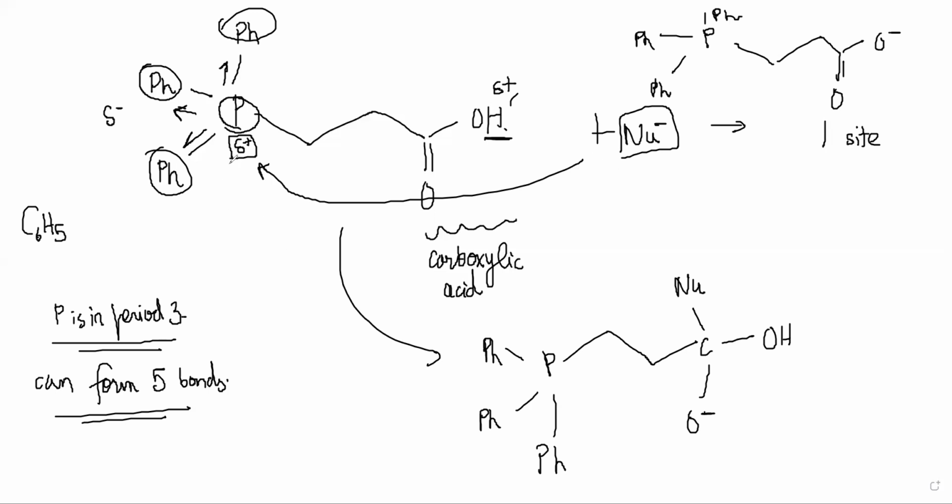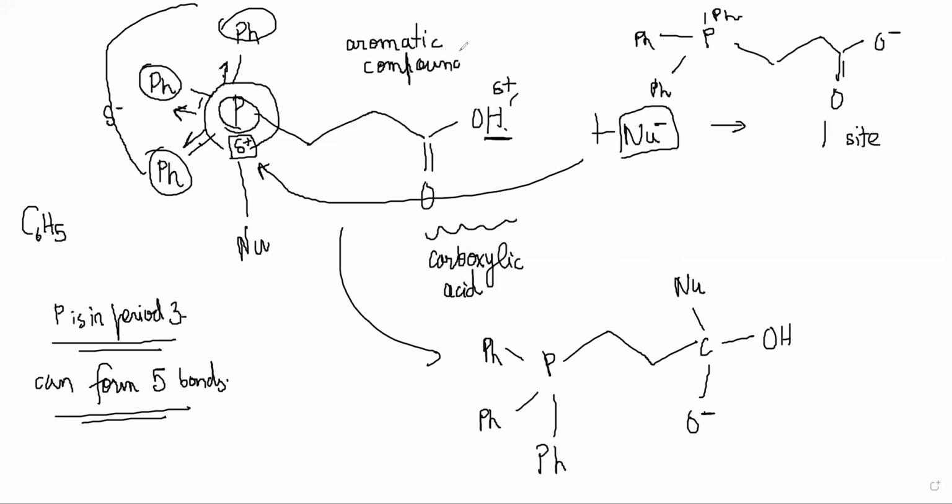Nucleophile will definitely attack here, and it can form a single bond with the nucleophile. And what will happen is that this will form 5 bonds. It becomes a pentavalent phosphorus. So that is also a possibility apart from the 2 regular possibilities. The 2 regular ones are fine. There is no doubt there. This one is also a possibility here. Anyway, when we come to the PPh group, when we do aromatic compounds, we will understand a little more about the PPh group and how it behaves when it is attached. So right now, don't worry too much about it. It's fine.